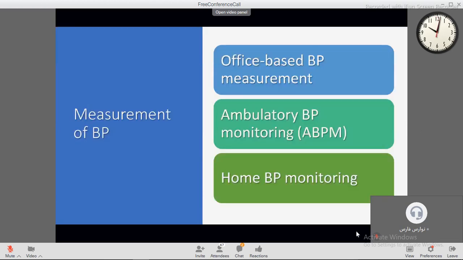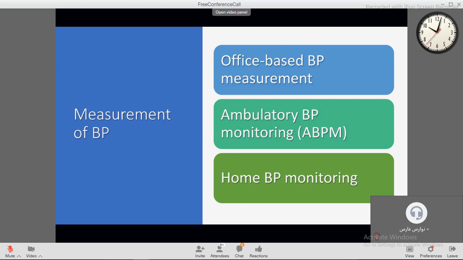So what is the ideal way, very important, for measurement of blood pressure? We have three different strategies for measurement of blood pressure. The office-based blood pressure measurement is the real-time measurement of blood pressure that you can do in your clinic using a sphygmomanometer or even a validated automated device. And also we have the ambulatory blood pressure monitoring that is sometimes needed